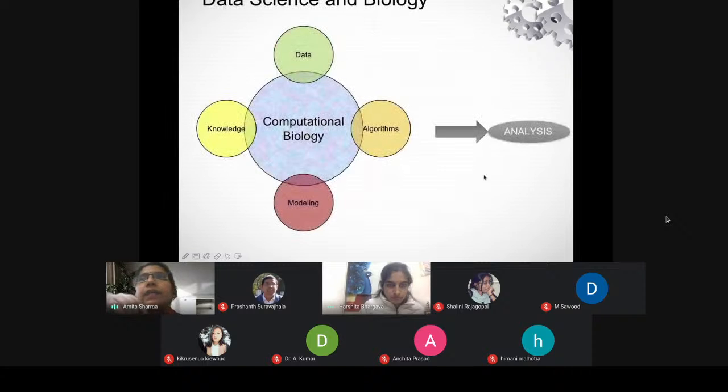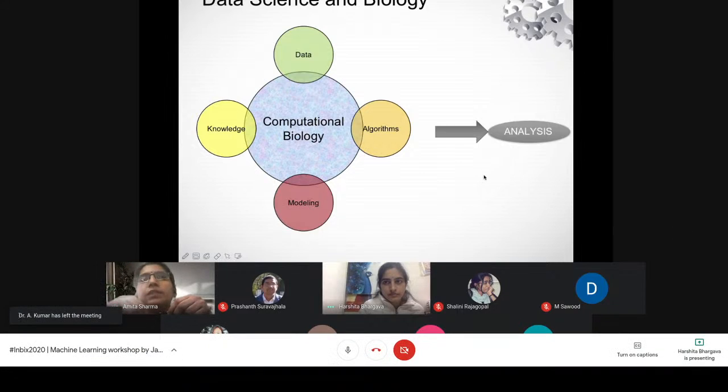Next slide. As we all know, in data science and biology we have a huge set of data, and also certain computational algorithms that work upon data. We also have mathematical and statistical modeling equations and algorithms which can be used for various types of analysis, and with those analyses we generate different kinds of knowledge.